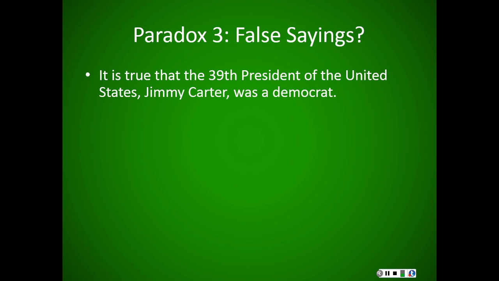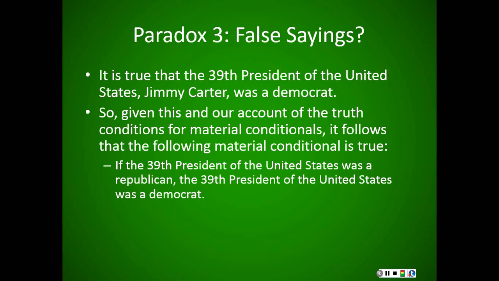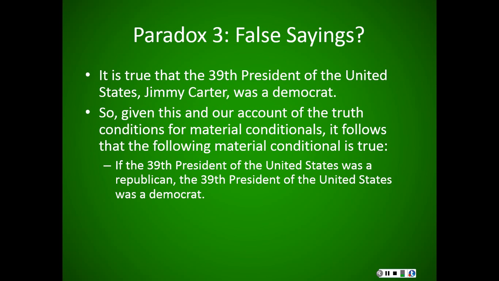It is true that the 39th President of the United States, Jimmy Carter, was a Democrat. You can trust me on that. I looked it up on Wikipedia. So, given this and our account of the truth conditions for material conditionals, it follows that the following material conditional is